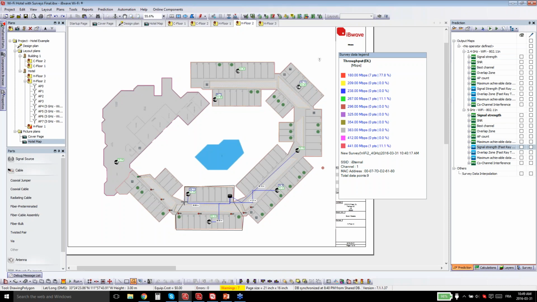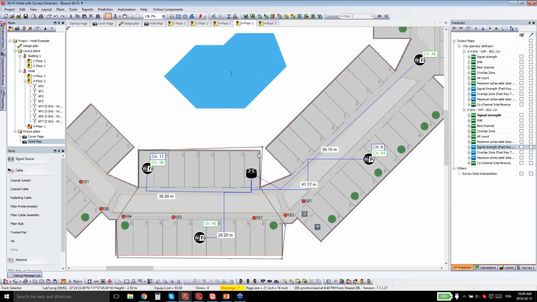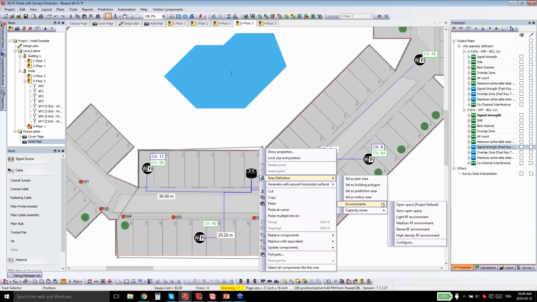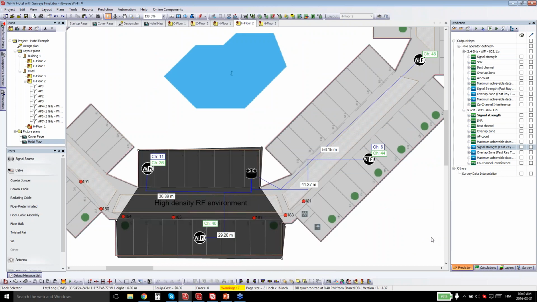And instead of assigning individual walls to this area, I can now right-click on this polygon, area definition, and see here, environment. I can set this as a different type of density. In this case, let's put high density environment. Then we can grab another polygon over here,